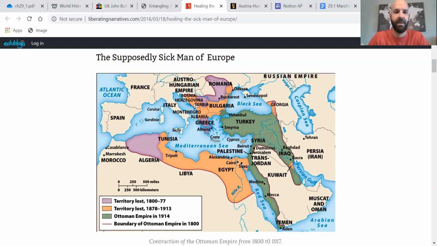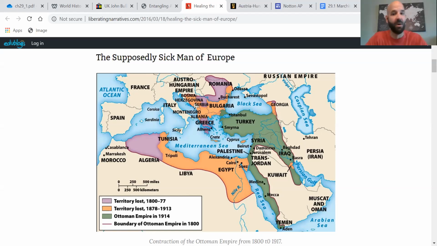Now, this territory is known as the Balkans. The Balkans, up until the 1800s, had been ruled over by the Ottoman Empire. You should remember the Ottoman Empire. They were a powerful Muslim empire that controlled the Eastern Mediterranean and provided lots of order and control in those territories. They are Muslim Turks ruling over non-Muslim populations. In the case of the Balkans, they are Slavic peoples who practice Orthodox Christianity.